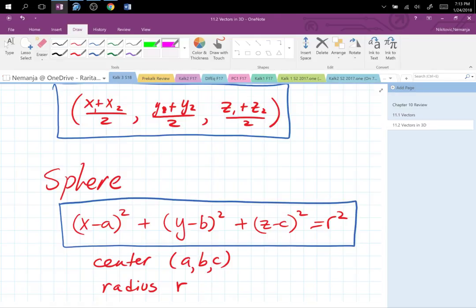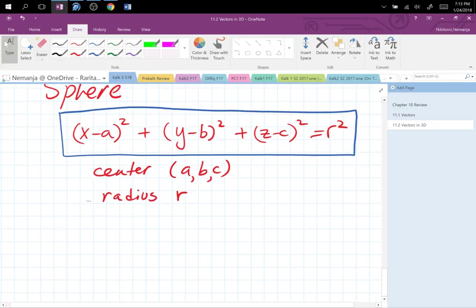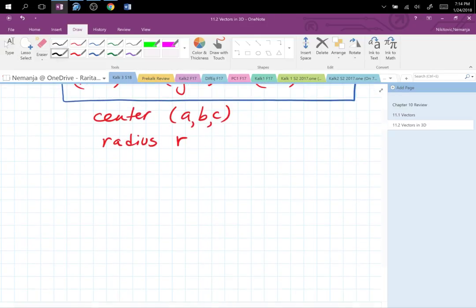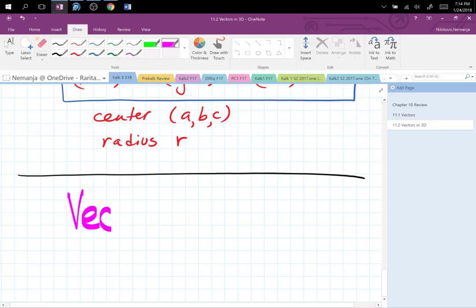Oh, we're supposed to talk about vectors. Here we go. So vectors. So now we know the 3D environment. We understand the basic stuff in a 3D environment. And it's time for vectors